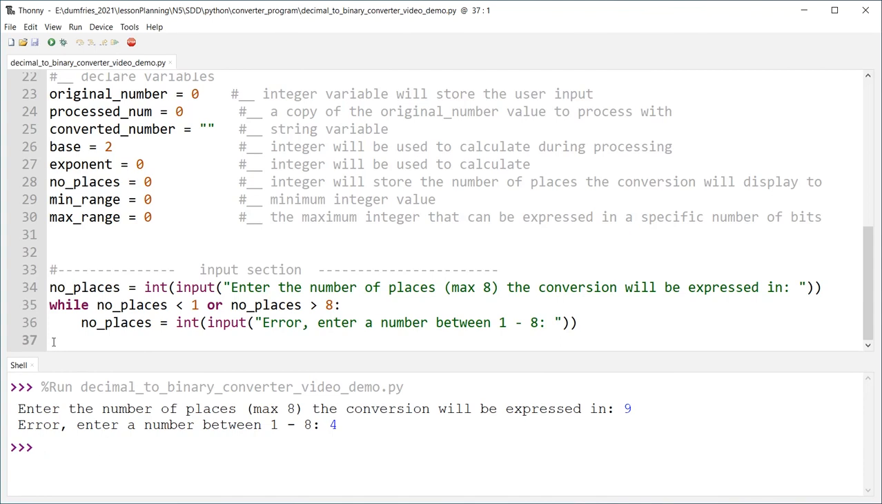Perfect. So we can move on now. We're assured that that part of the program works. The next thing we're going to do is ask the user to put in a number. And because we now know how many places, we can put in the max range, so we can validate their input a bit better. So we need to now calculate the max range. So the max range